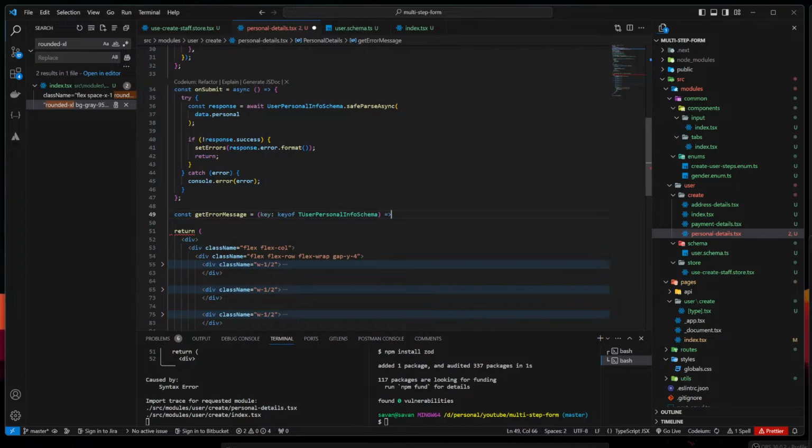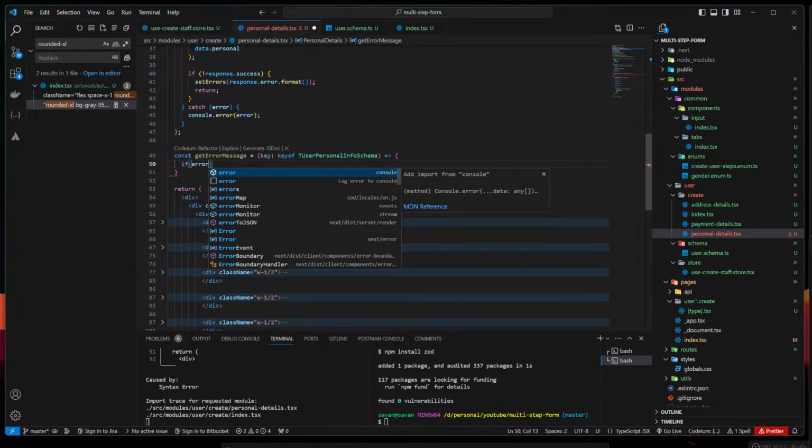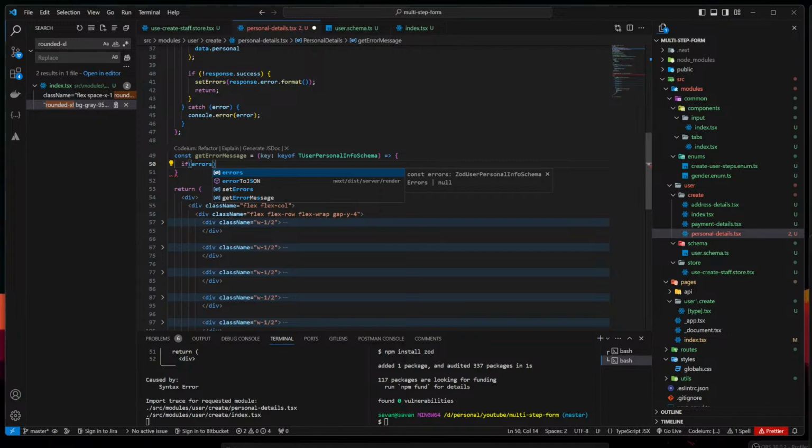Yep, we can do this. Now, if we have errors, and there is a key, and errors.length is greater than 0,